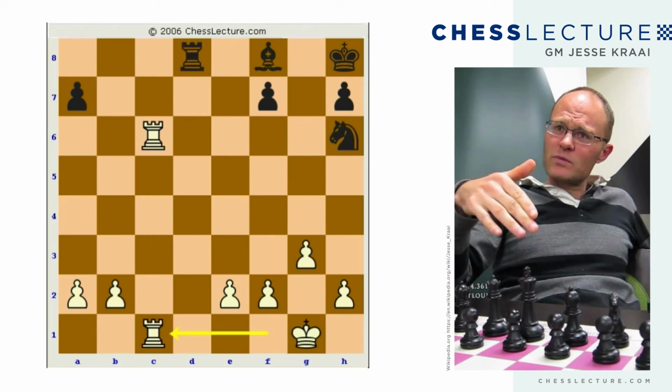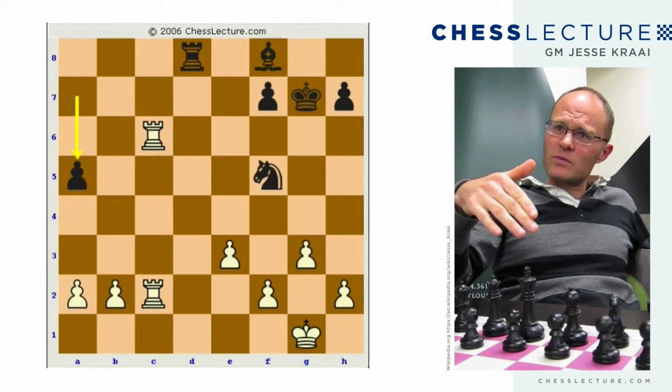Rook d8, rook over, simple chess. King g7, guard the 7th. Now the pawn move takes away the d4 square. It's hard to give any advice to black here. a5, simple chess, put the rook behind the pawn. Rook d5,